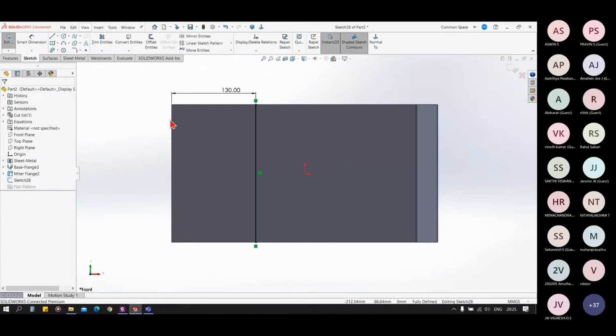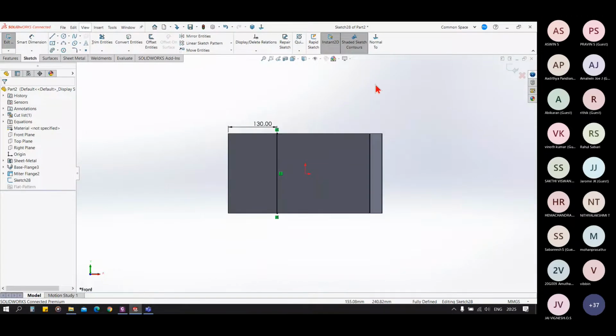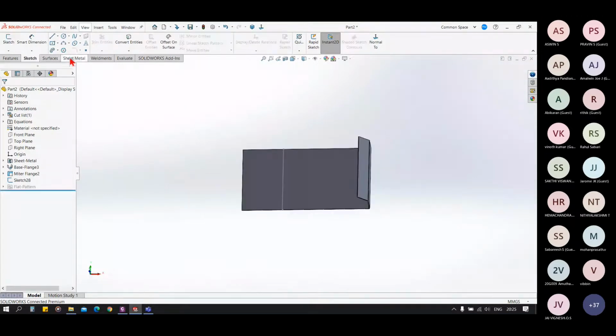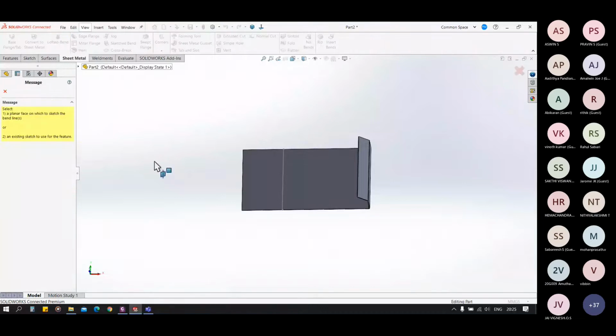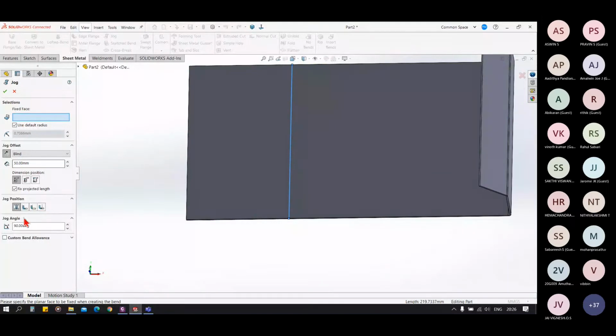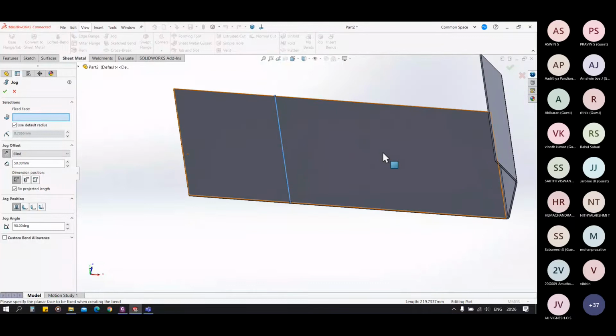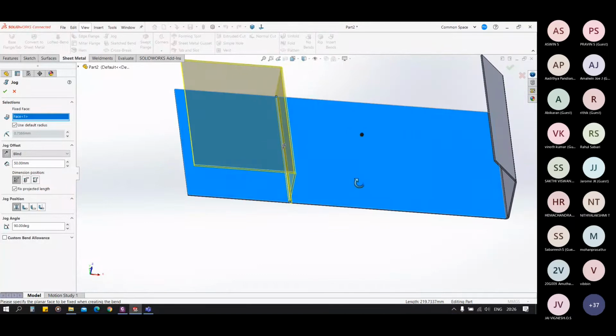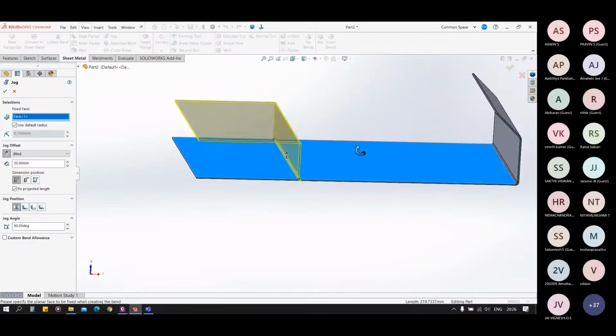Okay, now go to sheet metal and jog and select this sketch. This pop-up will appear, and in this case we have to select a fixed face. So this is our fixed face. So you can see it adds two bends.